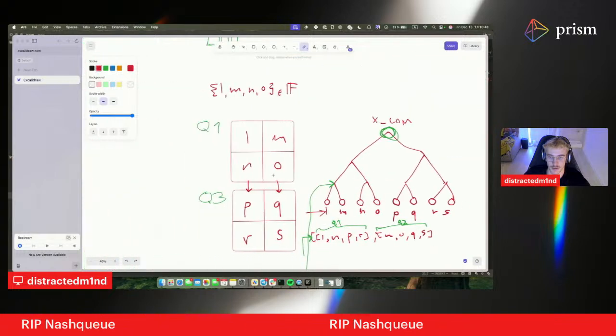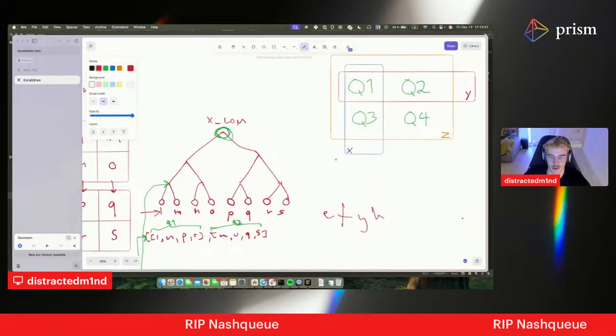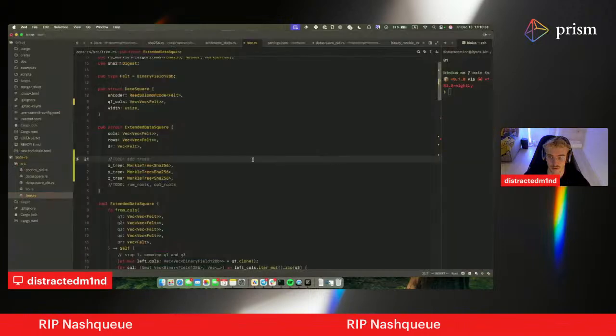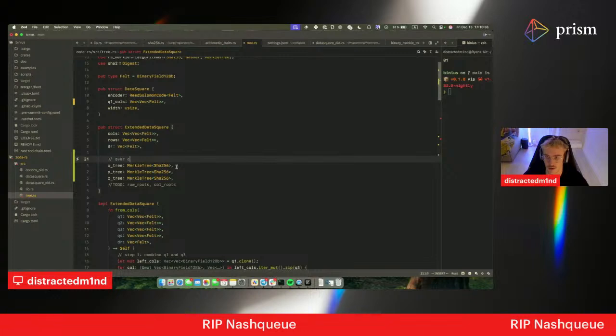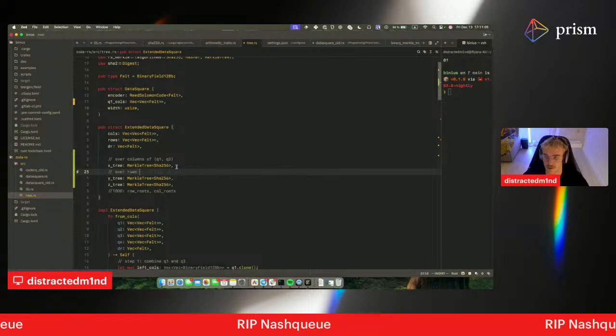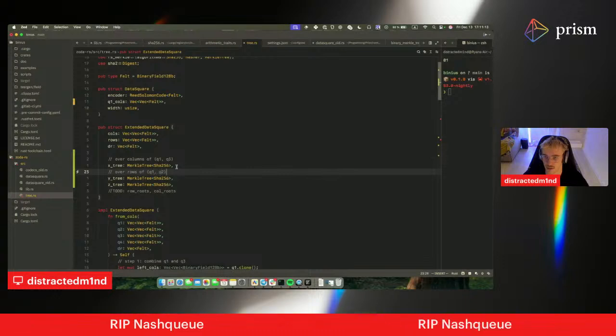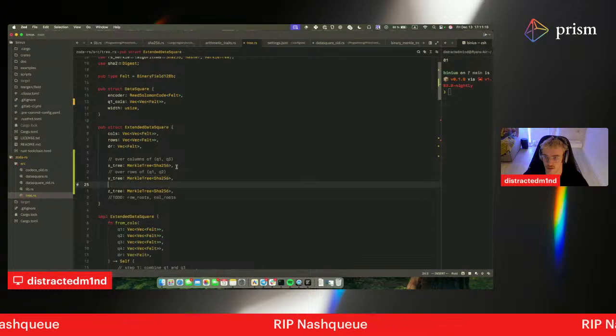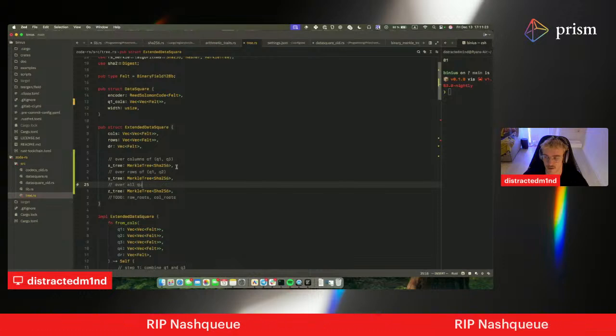I think the column-wise representation of Q1, Q3, then over rows of Q1, Q2, and then this, I'm not actually sure because Nashqueue just said it's over all quadrants.